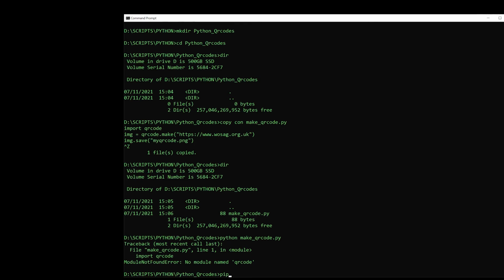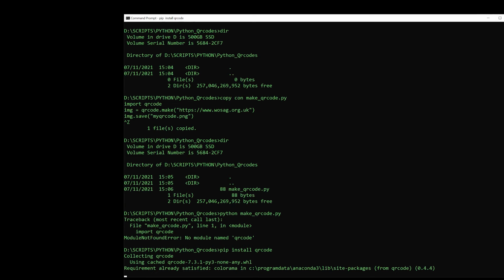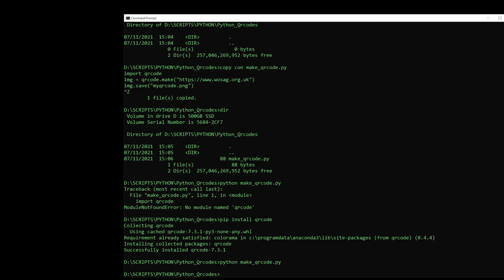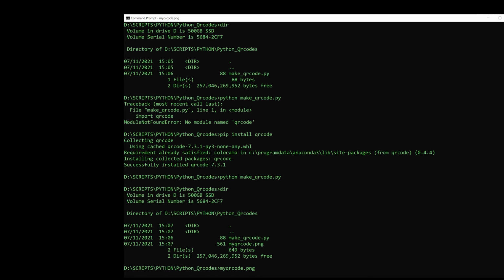So what I will do is I will pip install QR code. This is how easy Python is to use. Tell it that you don't have something called QR code, and it installs it. And now, if I go back up and tell it to do that, I've now got my QR code.png, and if I type my QR code.png, then,